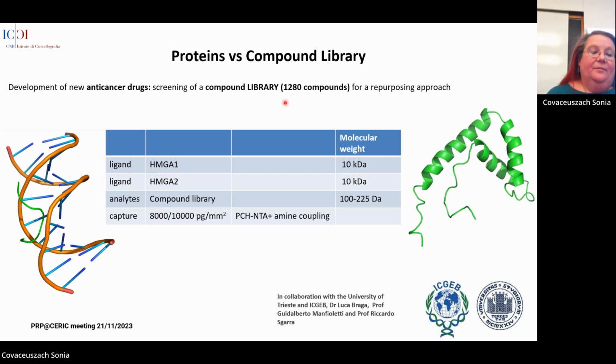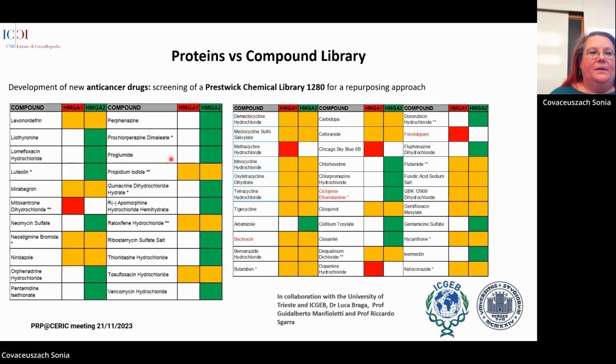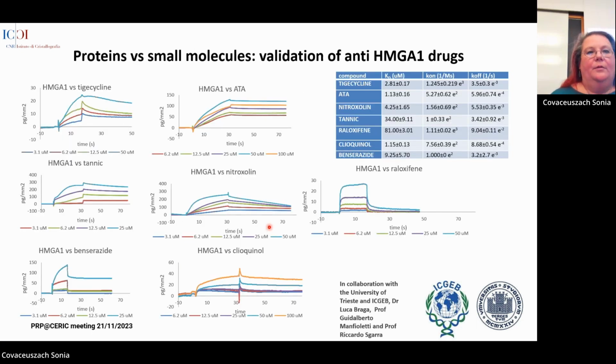Luca Braga kindly gave us a library of 1,300 compounds. We were able to screen it in 3 days against both proteins on plates of 384 wells, obtaining a series of positives. Some of them were specific for one protein, some for the other, and in the end we decided to focus on the ones that were effective on both, and we were able to validate and characterize